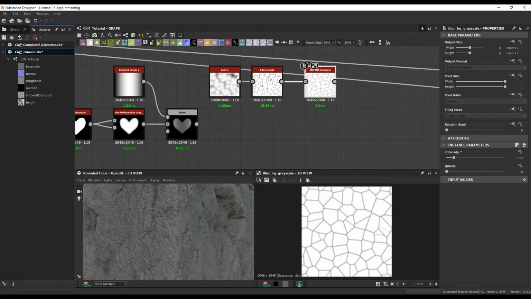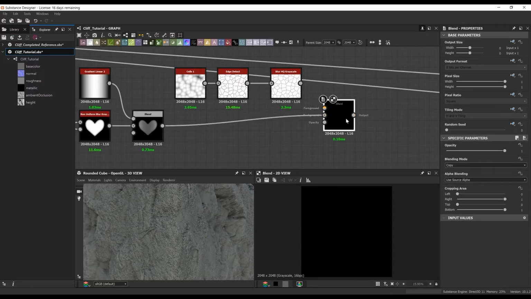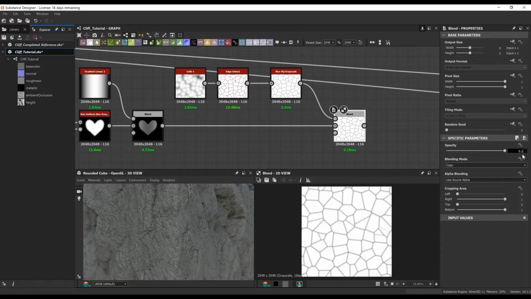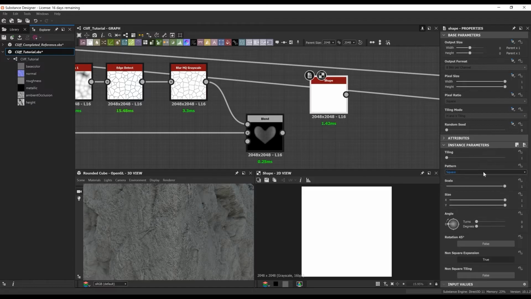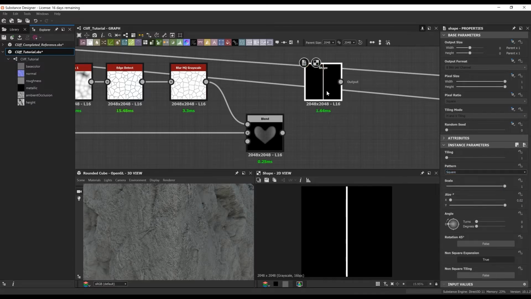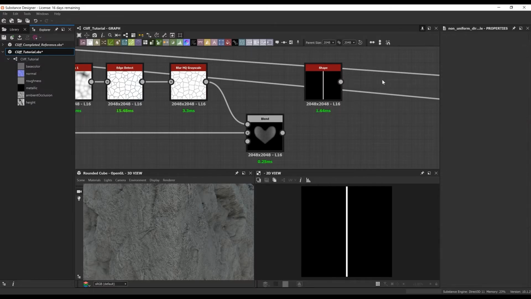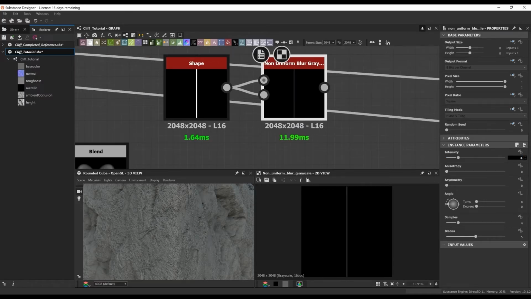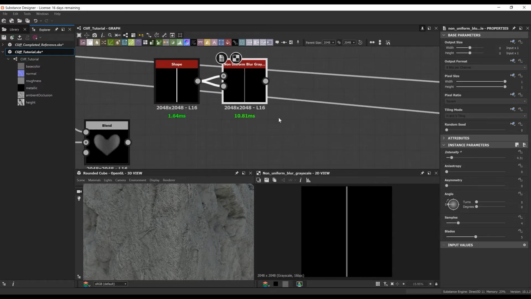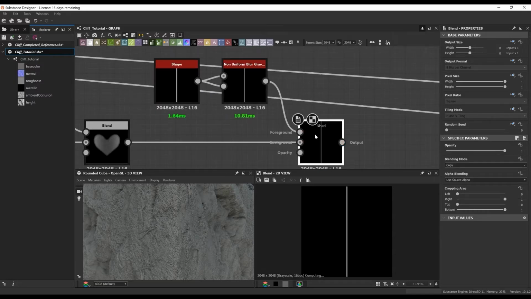After that, I want to add some veins onto this like you would on any sort of leaf. So I just do a cells, an edge detect, a blur high quality grayscale, and then just blend that into itself. And same thing here with a stem. I want to have a stem on the clover, so I'm just doing a basic shape, a really thin straight up and down rectangle, doing a non-uniform blur grayscale to give it some sort of depth, and I'm going to blend that onto the shape that we already have.